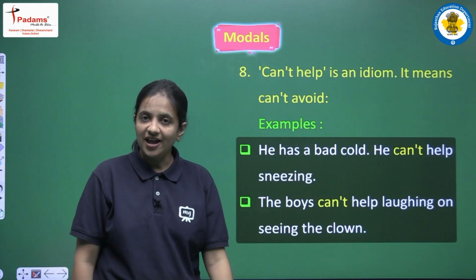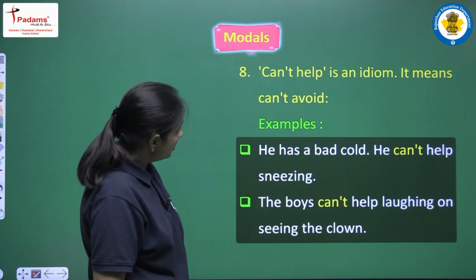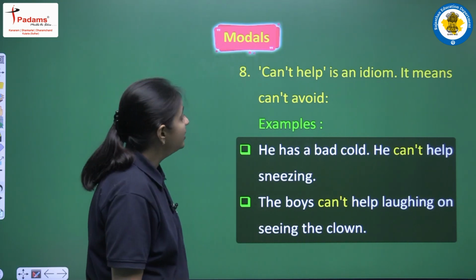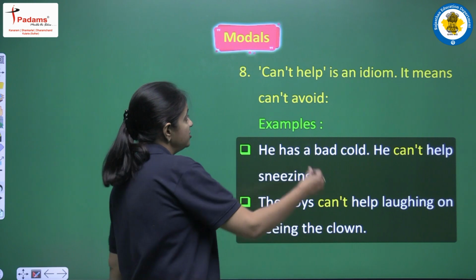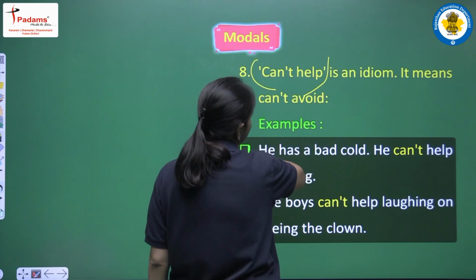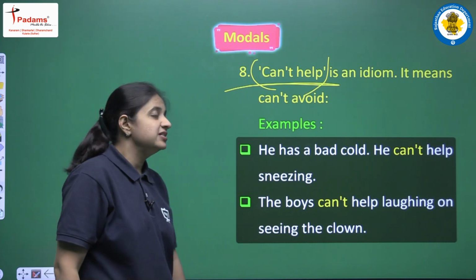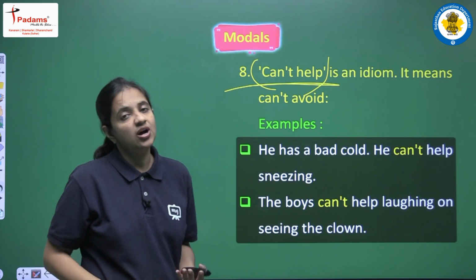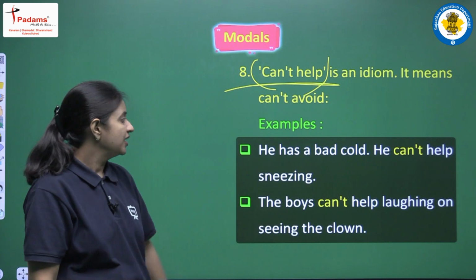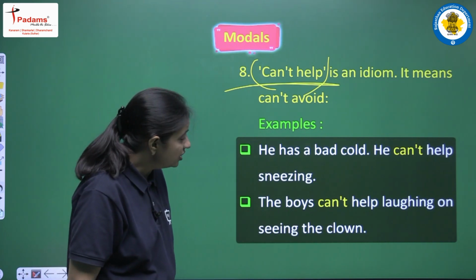One more use we have here. So let's read. Can't help is an idiom. It means can't avoid. So yes, we have one phrase, one idiom, that is can't help. And what it means is can't avoid. So how is it used? Let's see. He has a bad cold. He can't